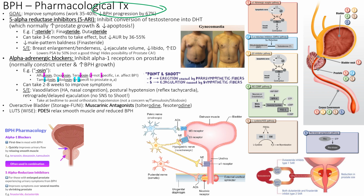So 5 alpha reductase inhibitors. These are going to stop the conversion of testosterone to DHT, and DHT was the problem that's causing extra growth in the transitional zone around the urethra. And DHT reduces apoptosis because we want the prostate to function for a long time, so we kind of store it for later. So we want to stop that from happening and actually promote apoptosis